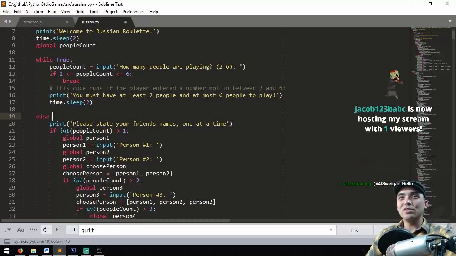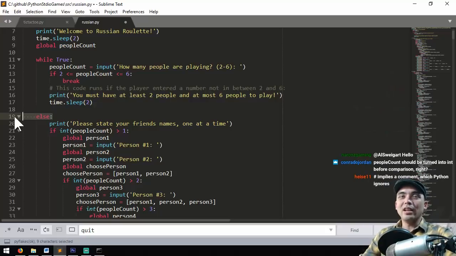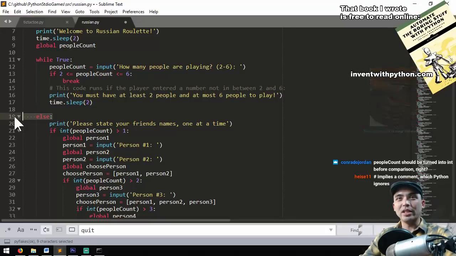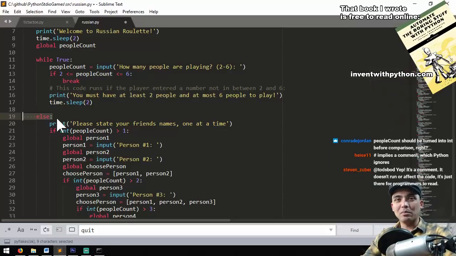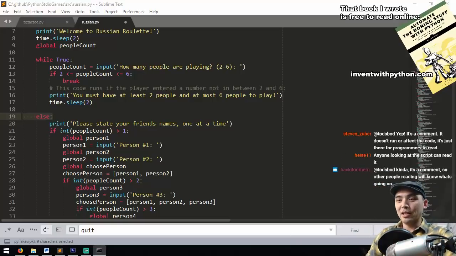And I think this was actually a mistake made by the original author. The else block will run if the loop finished without a break statement breaking out of it. It's kind of like how try and except, the except block has some code that runs if an exception happens in the try block. Let me go ahead and